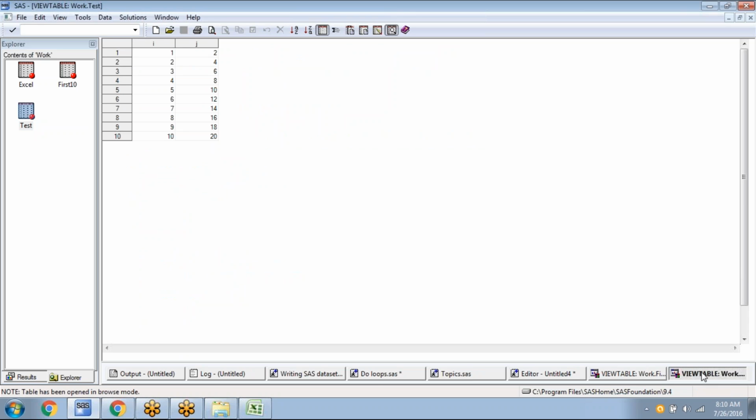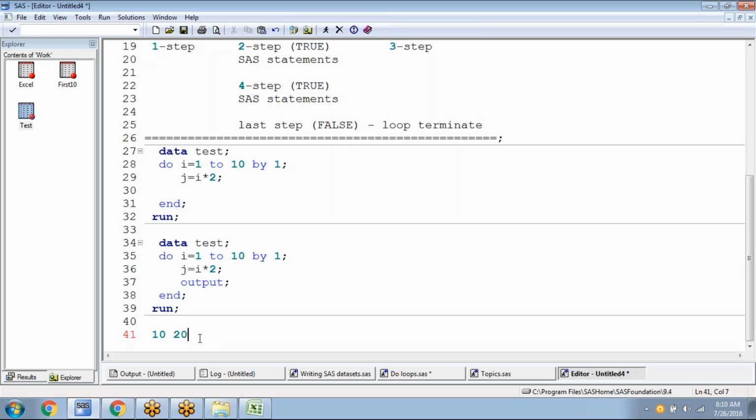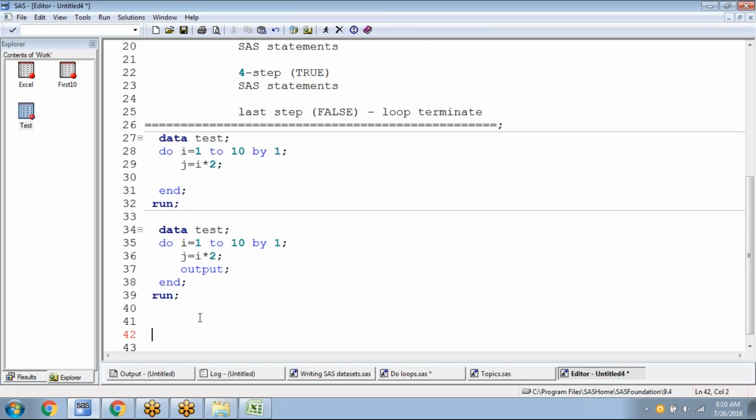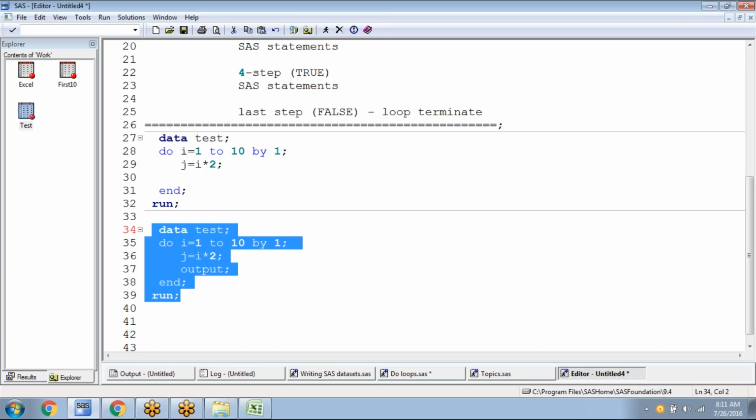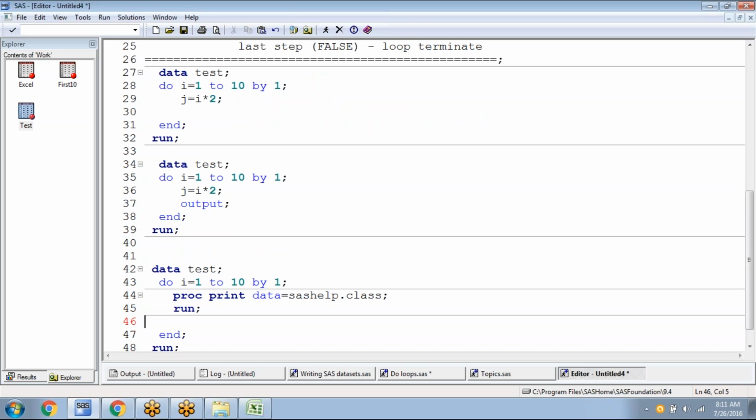Okay, so I hope you understood the loops, at least this basic thing. How will this help you in real time? Let me give you a small example. Inside this data step you'll be using a lot of procedures and macros. Here you'll write proc print data equals sashelp.class; run;